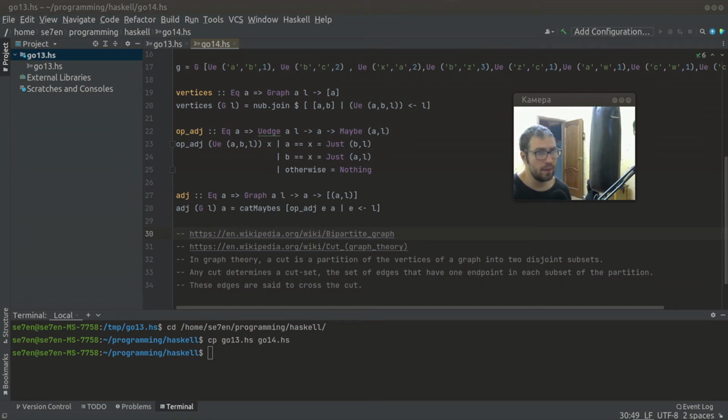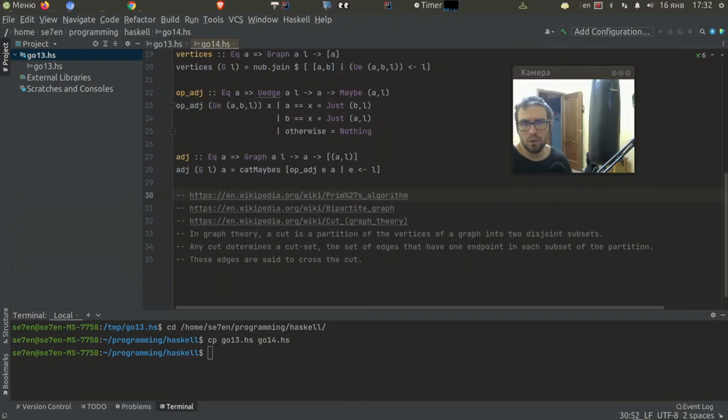Let's implement Prim's algorithm in Haskell. Prim's algorithm takes some graph as input and produces its minimal spanning tree. I assume that you already know a little bit about this algorithm,